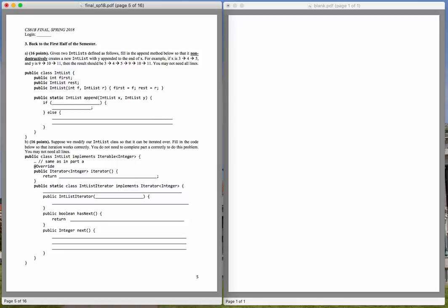Question number 3. Back to the first half of the semester. Given two int lists defined as follows, fill in the append method so that it is non-destructive, important non-destructive, creates a new int list with y appended to the end of x. For example, if x is 3 to 4 to 5 and y is 9 to 10 to 11, then the result should be 3, 4, 5,